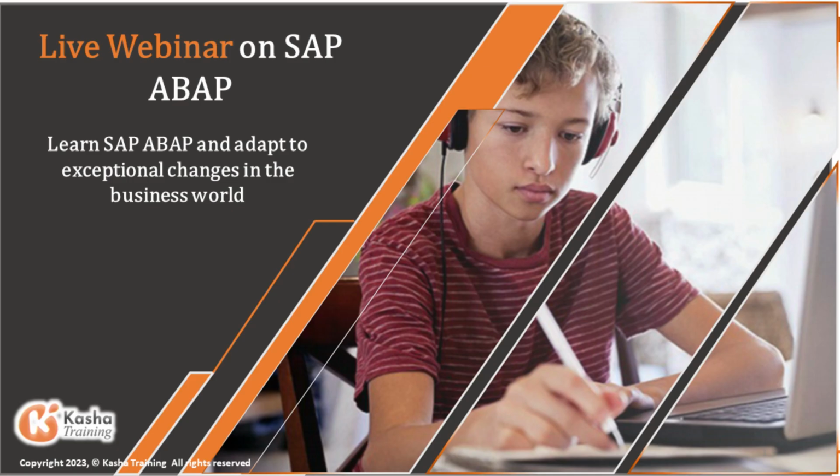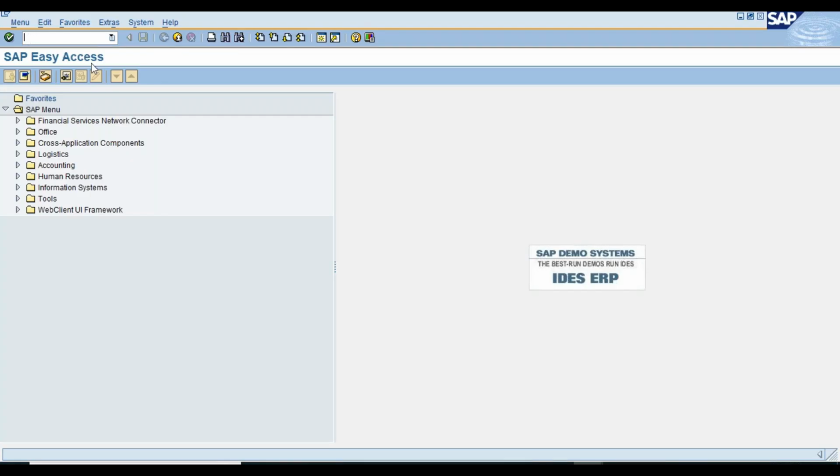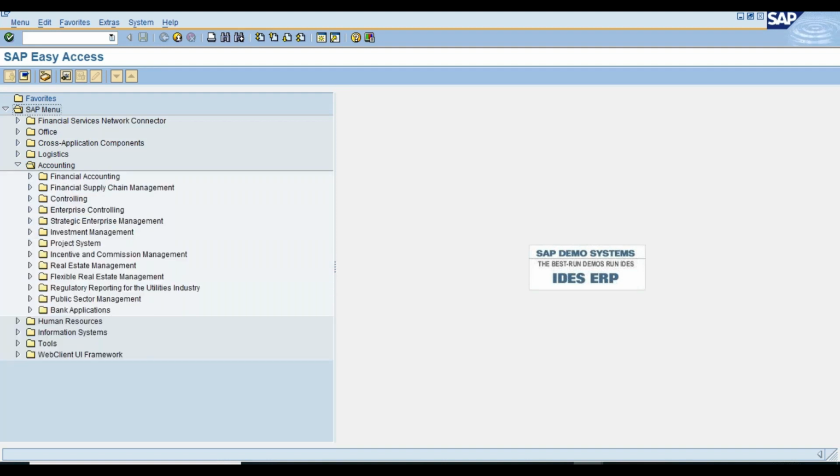If I want to find out what the various possible transaction codes are, how do I find them? For that, there is a good way. Once you reach the SAP menu after login, suppose you have to find an accounting transaction. You just go here for accounting, and